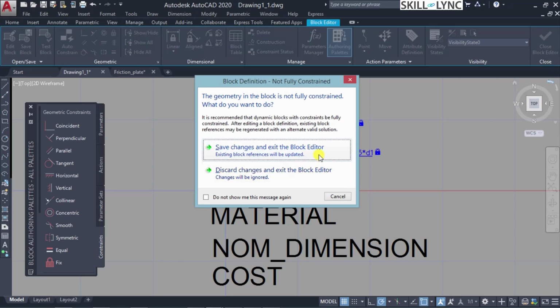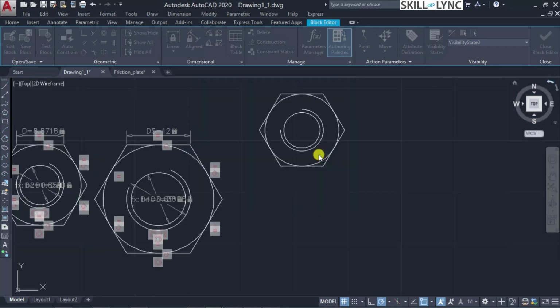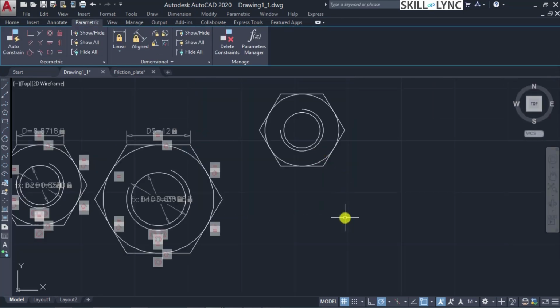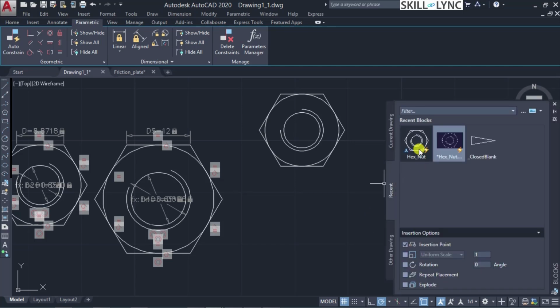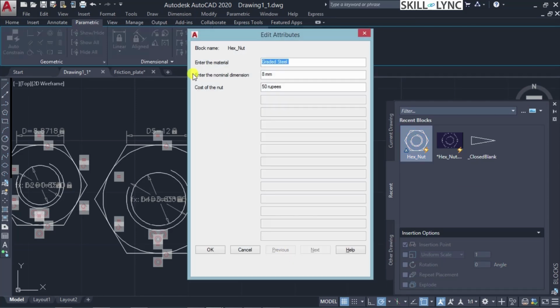should be saved to the existing block. So the idea is all the attribute definitions should be linked to this block, and hence yes, save the changes and exit. So now we'll go and insert the block again. So this is the block that we have created, and once we click enter, you can see that the attribute